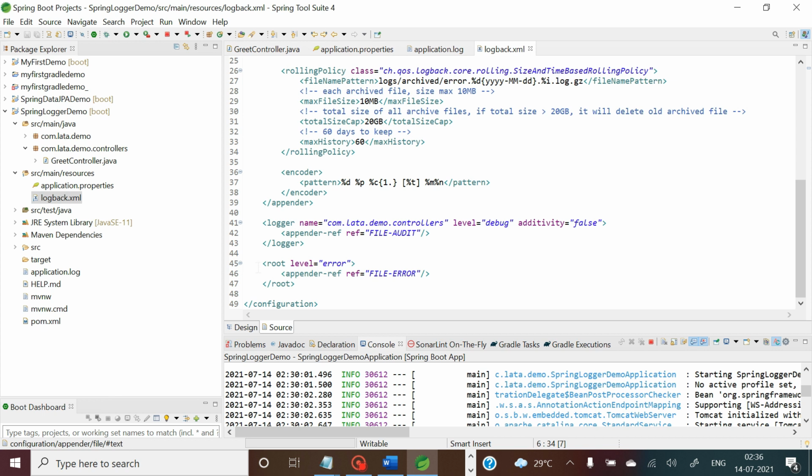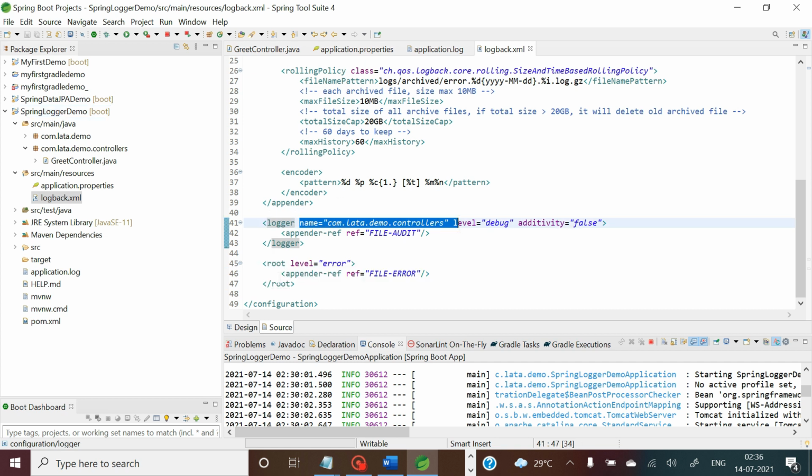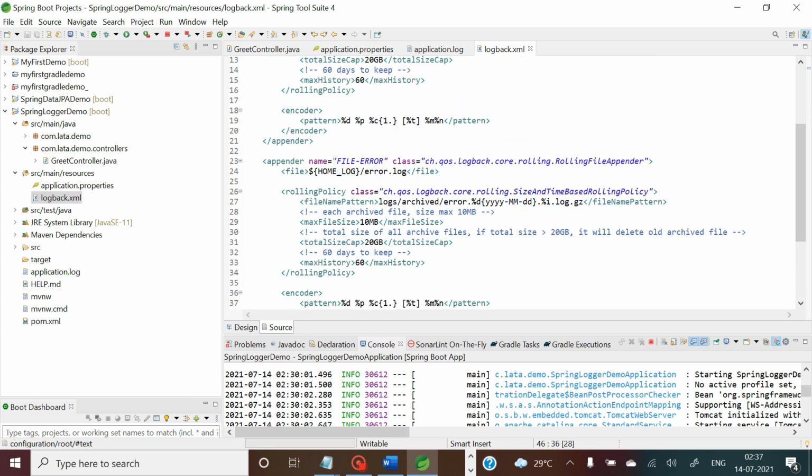But I want errors to be logged in a separate file at root level, not for a specified package. So that's why I have used root level error, and appender reference is file error, the one which you have written over here. That means now for root level of this application, all error logs will be maintained in error.log file.